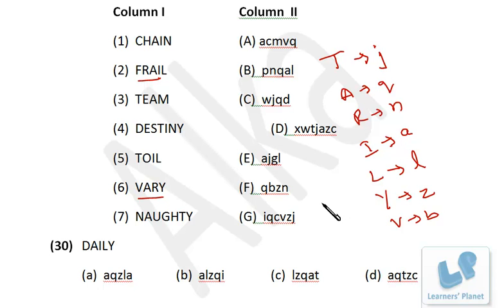Let's go to the questions directly. Now friends, let's try this one. DAILY, right? Now DAILY, AILY we already have over here. It's Q, A, L and Z. Now our answer must have Q, A, L, Z. So Q, A, L, Z, it's there in among these three options, so this is incorrect, right? Now we have to crack the code for D.